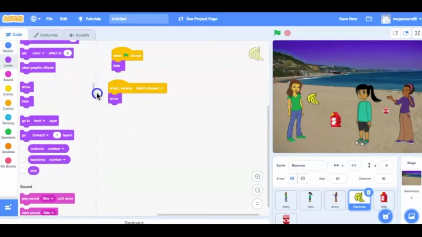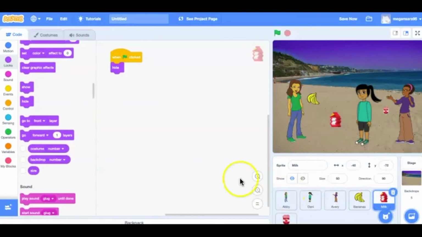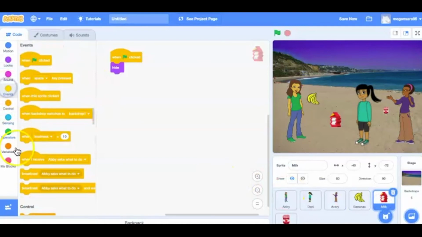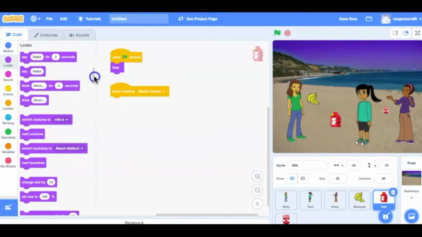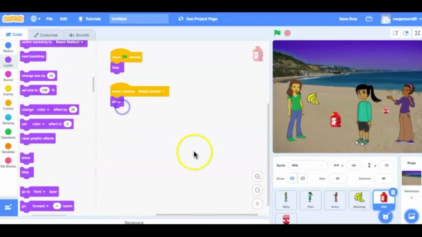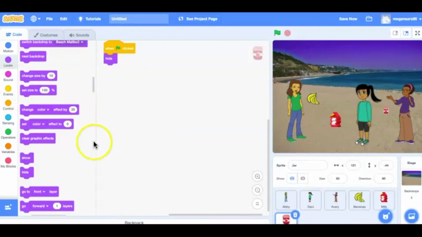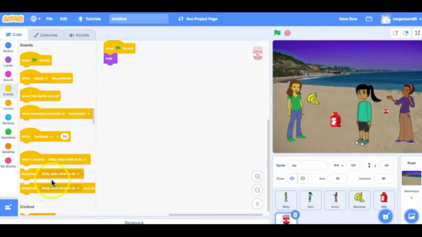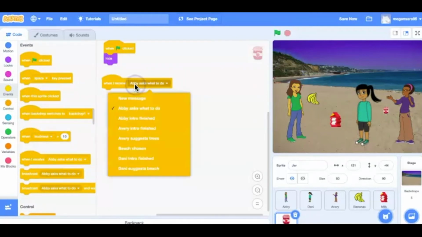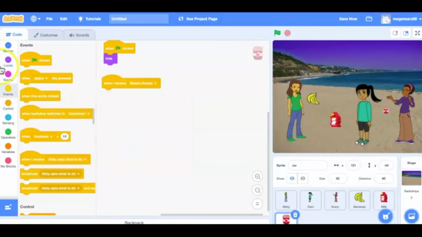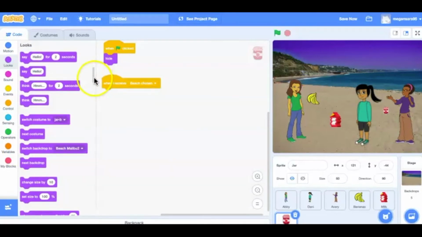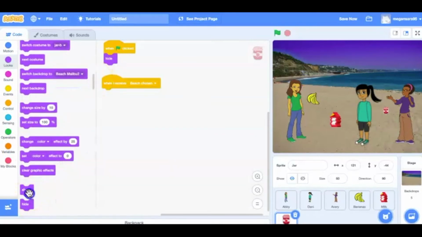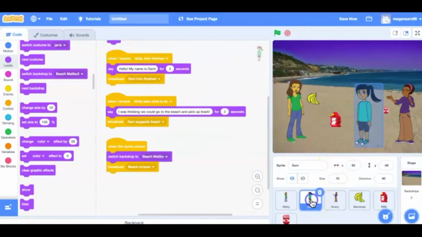And then the milk, events, when I receive Beach Chosen, show, and jar, when I receive Beach Chosen, show. So now we're going to go back to Danny,